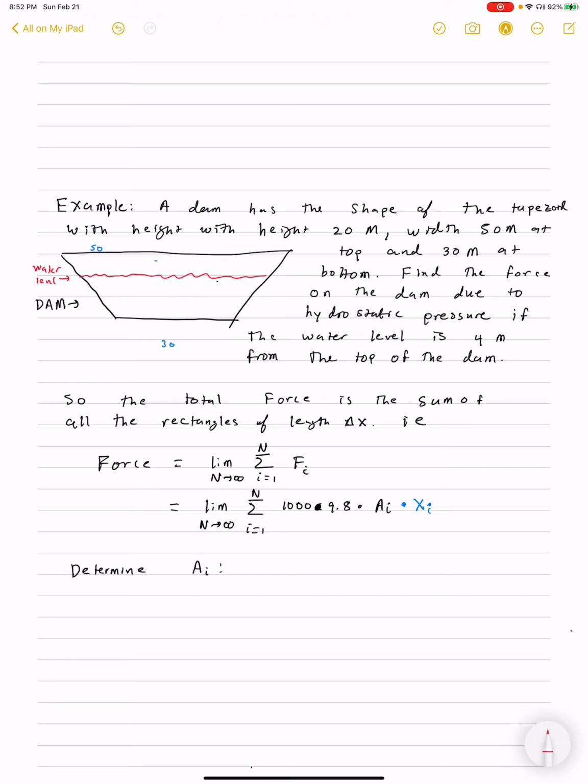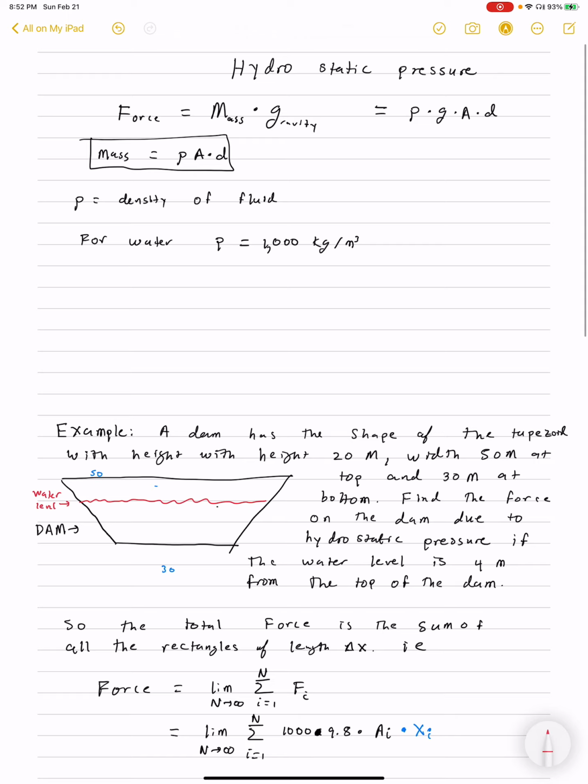of the trapezoid with height 20 meters and width 50 meters at top and 30 meters at bottom. Our goal is to find the force on the dam due to hydrostatic pressure if the water level is 4 meters from the top of the dam. Okay, so in order to calculate force, well, we know something from this equation that says force is mass times